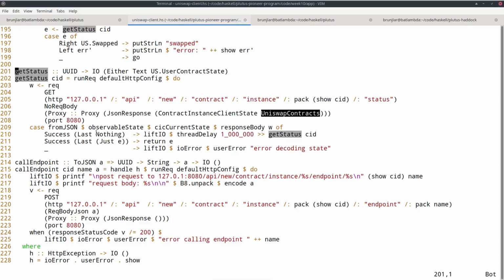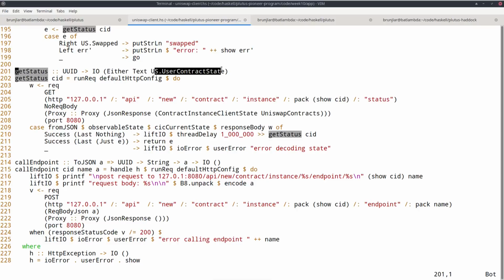And then I just check if the state is empty, which happens right in the beginning because before anything has told anything to the state. Then I wait a second and recurse. And if there's a state, so it's just E, then I know that this is of type either text user contract state.